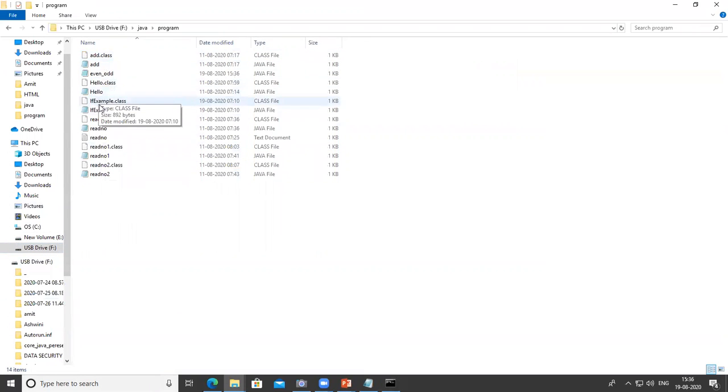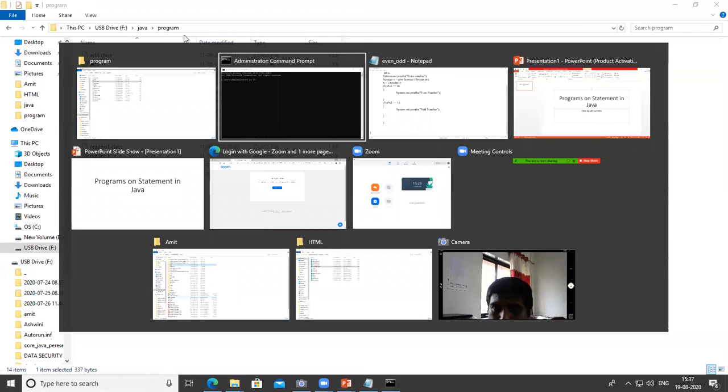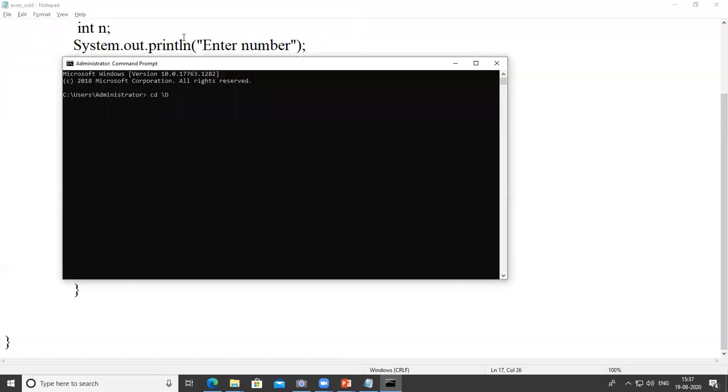Here is the if even odd program, right? So I copy this path. I open the command prompt, give the full path slash program, enter.